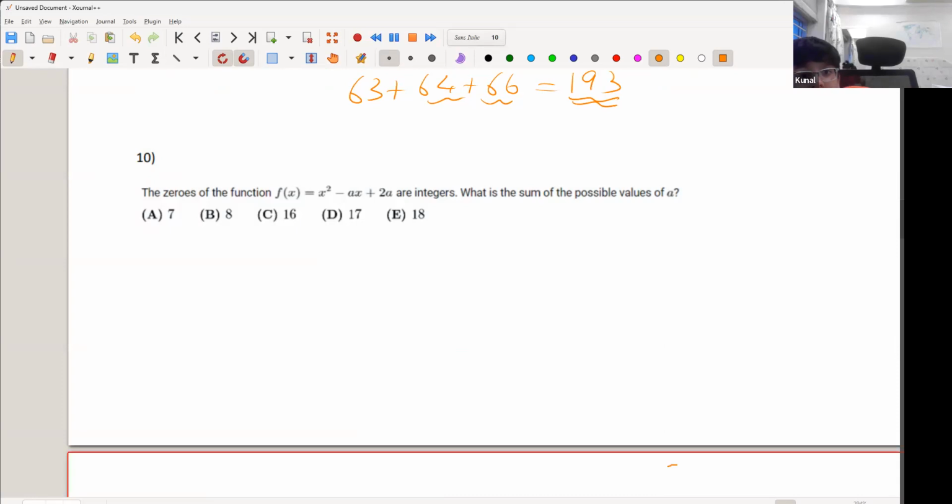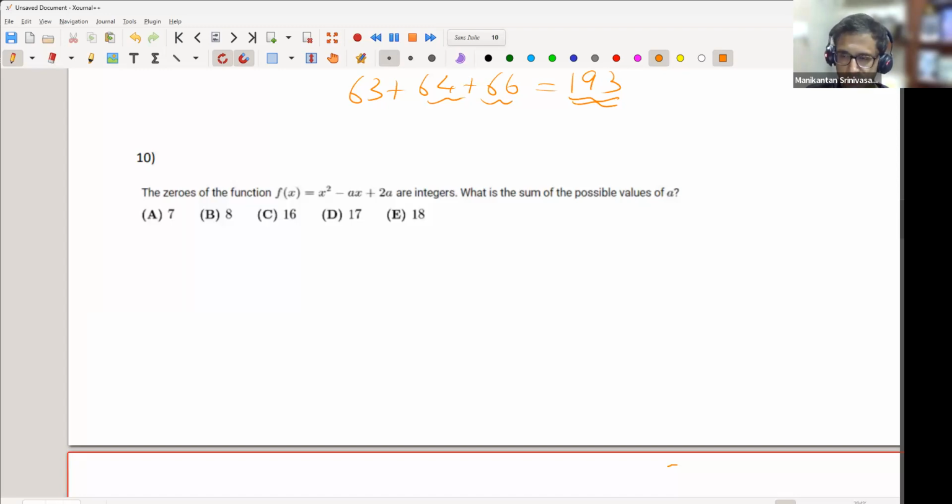I don't understand what does zeros of the function mean. Yeah, good question. An equation has roots, right? Those roots are also called zeros. When you have a quadratic equation or a cubic equation, doesn't matter, any equation has roots, the specific values for x which will solve that equation, right? So those are called zeros or roots. Technically, for a function